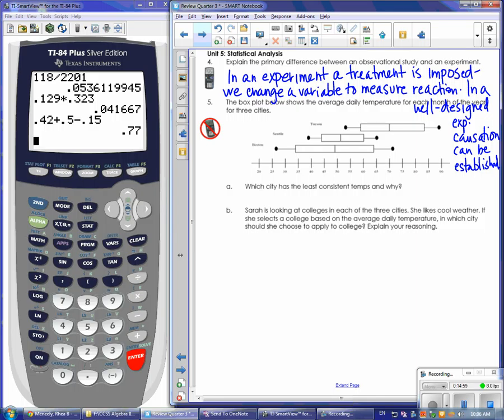In number 5, you're given 3 different box plots, and they show the average daily temperature for each month of the year for 3 cities. And it looks like Tucson, Seattle, and Boston. Okay, and it says which city has the least consistent temperatures and why? Well, what does it mean to be consistent? Consistent would mean very low variability. There's not going to be a lot of changing around. So least consistent would correspond to high variability,